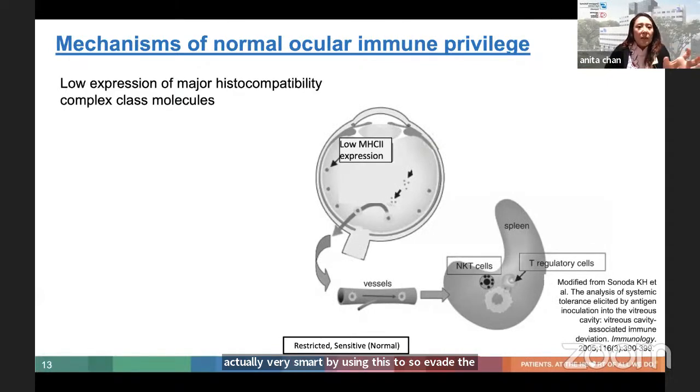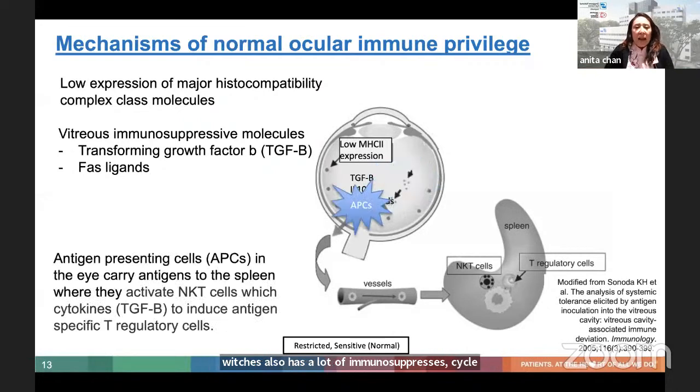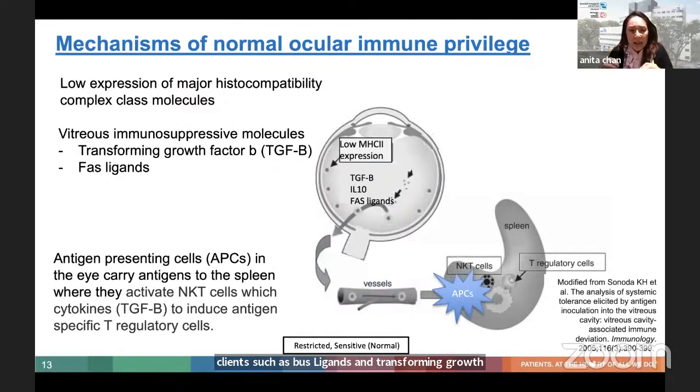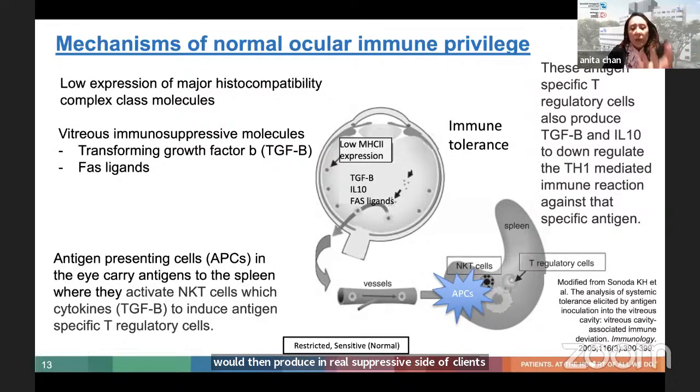So we know that the normal mechanisms include the low expression of major histocompatibility complexes. And the vitreous also has a lot of immunosuppressive cytokines, such as Fas ligand and transforming growth factor, as well as IL-10. And if there's antigen in the eye, it gets carried away by the blood vessels to the spleen, where it can activate NKT cells, as well as antigen-specific T regulatory cells that will then produce immunosuppressive cytokines and downregulate the Th1-mediated immune reaction against that specific antigen, to keep the eye from having inflammation and to maintain